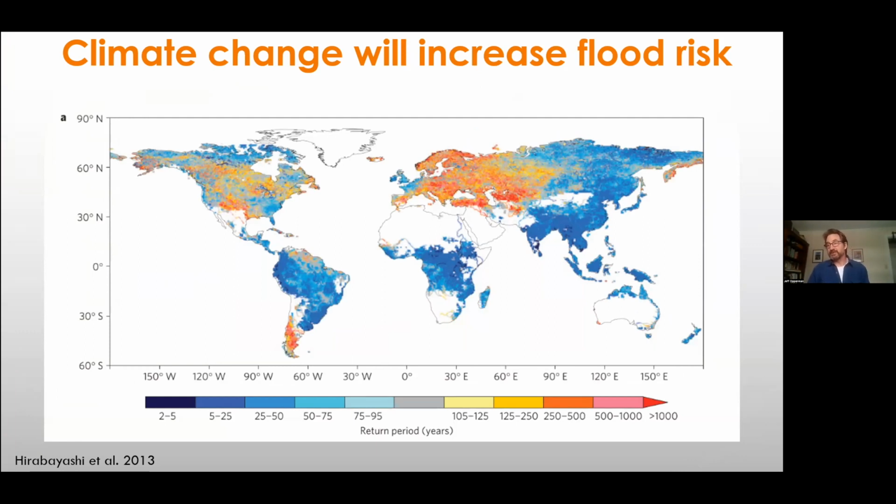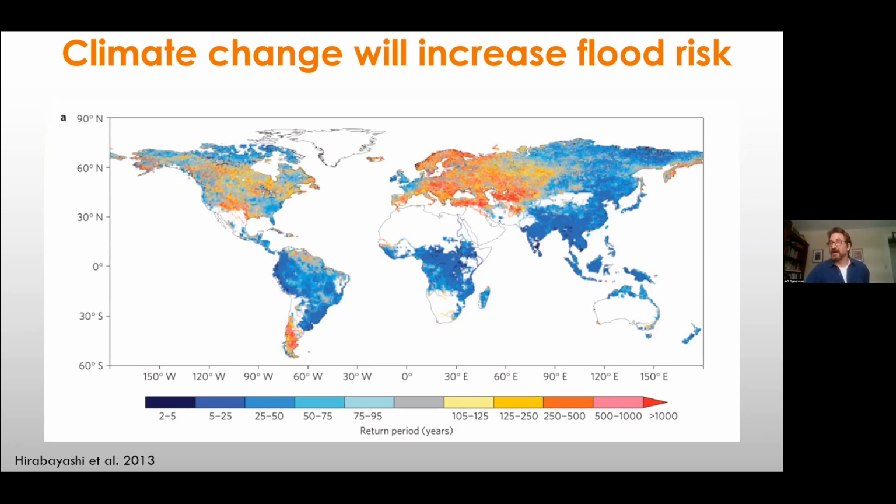The areas in blue are essentially showing what is today the 1 in 100 return period flood, what that return period would be by 2100. And we can see in some parts of the world, what is today a rare flood, the 1% exceedance probability flood, could become the kind of flood that happens multiple times per decade, or even at the extreme, in the dark blue, it becomes every other year type of flood,